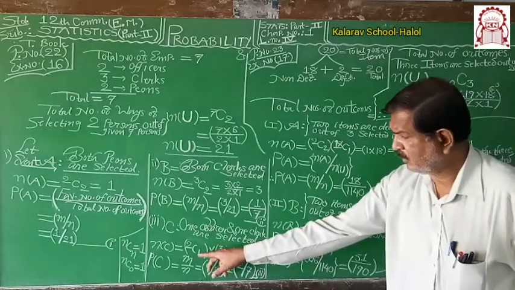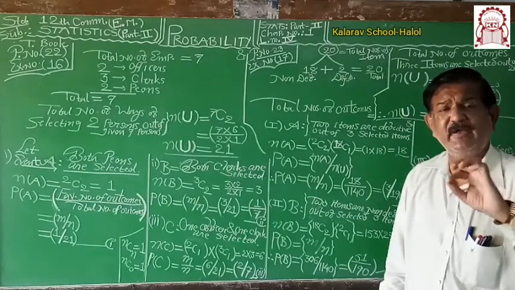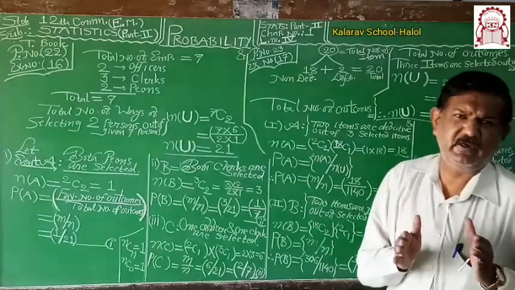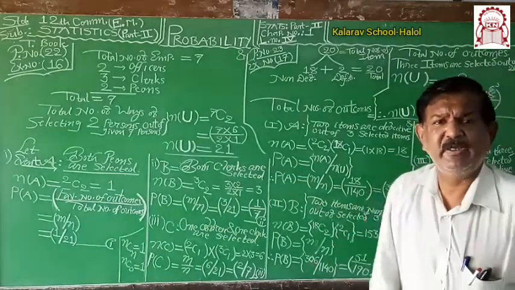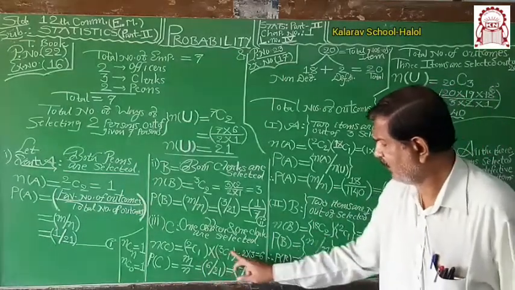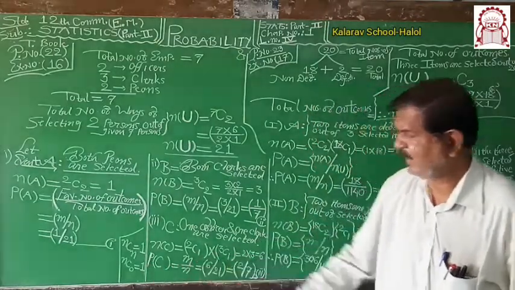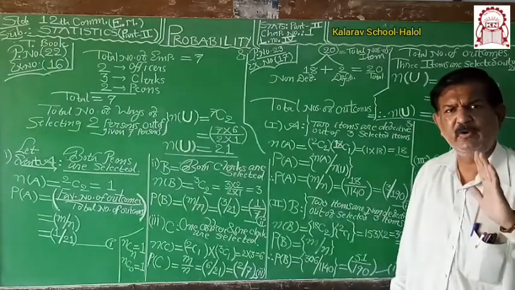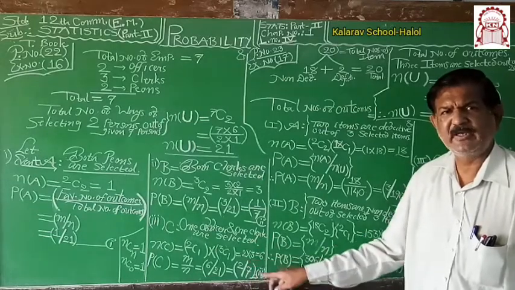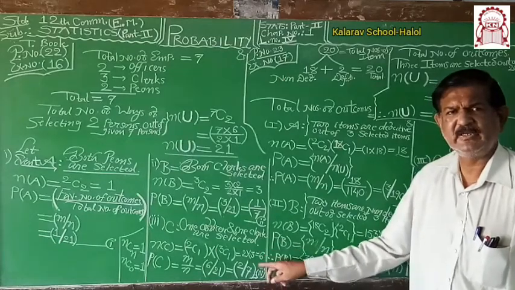This is about the law of multiplication, 2 into 3. If one item is selected in m ways and another item is selected in n ways, then the total number of ways of selection follows the fundamental law of multiplication. 2 into 3 means 6 outcomes are there, and therefore the probability of C is m by n, favorable number of outcomes upon total number of outcomes, 6 upon 21. Ultimately the answer will be 2 by 7. 3 twos are 6, 3 sevens are 21, 2 by 7 is our answer number 3.